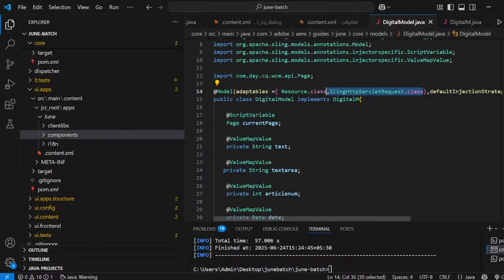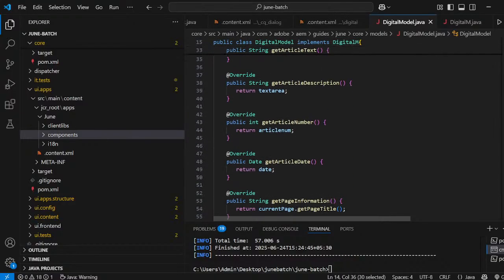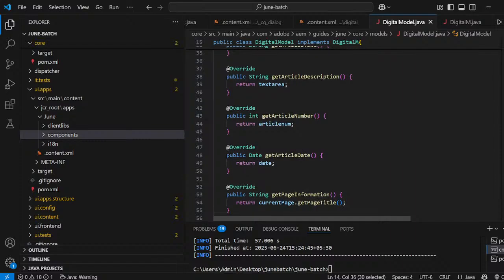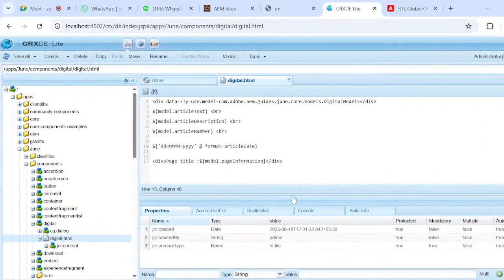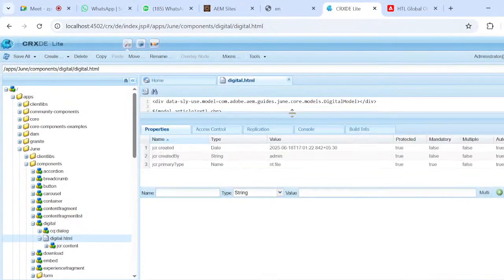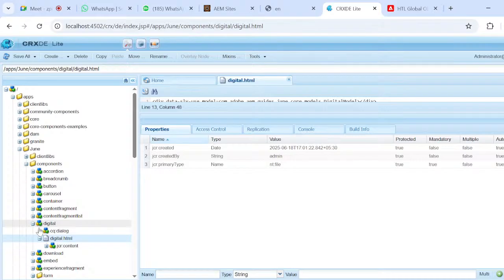I hope you guys are clear. And next there is an annotation called the @Named annotation, right? So sometimes Java will not allow some symbols. For example, if you come to here,